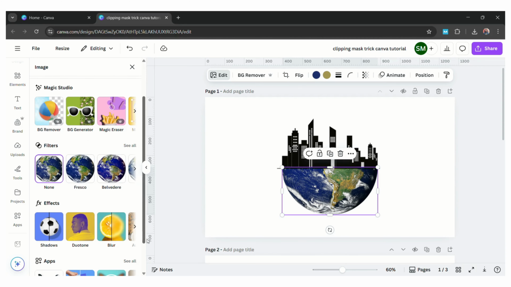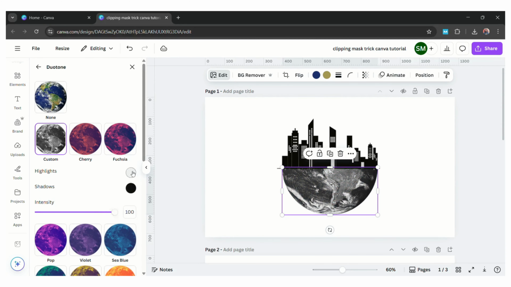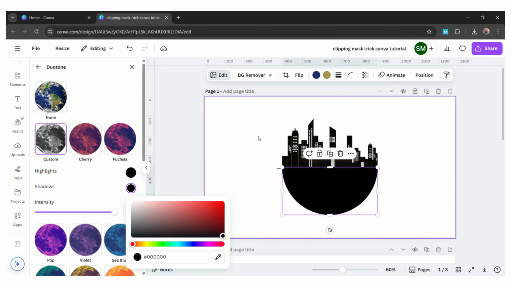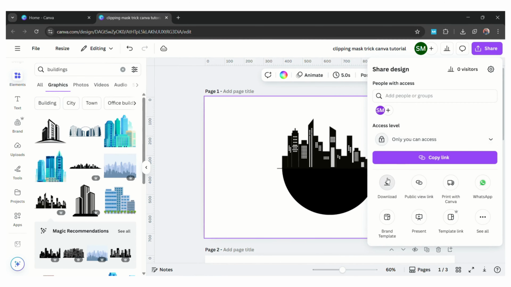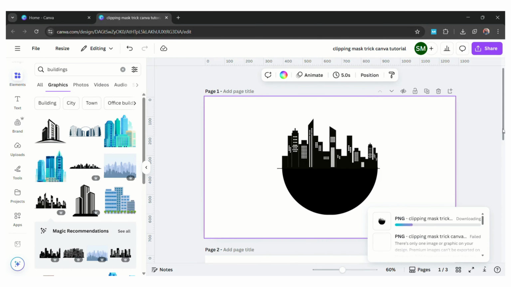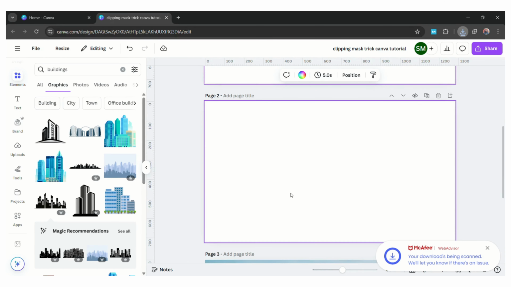Now again go in elements, edit. Select the Duotone effect. Click on custom and change the earth color to black. Again download this image in PNG form. Now go